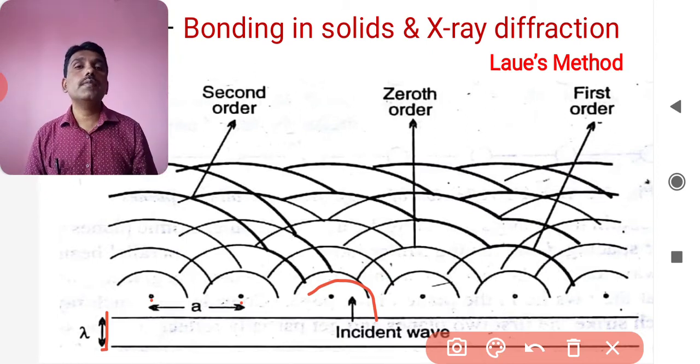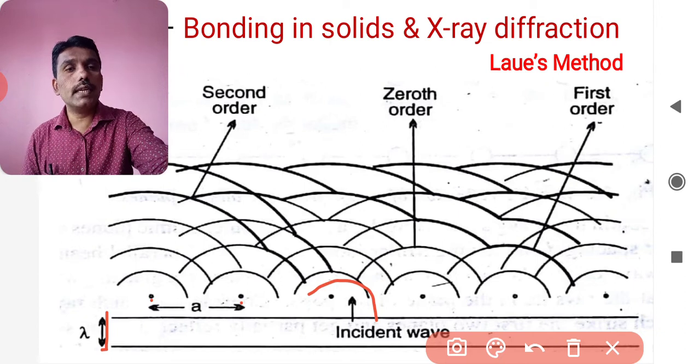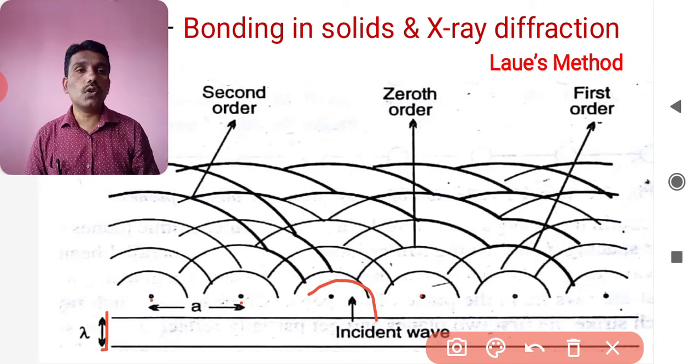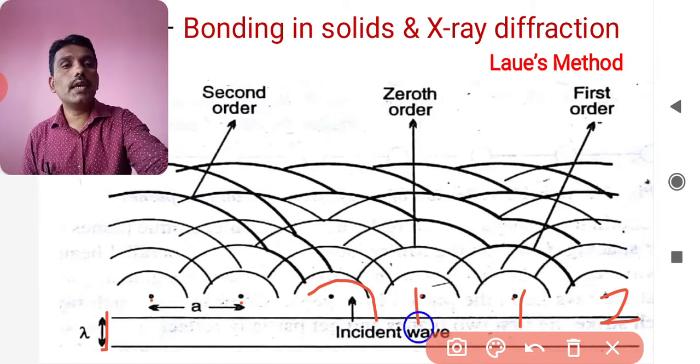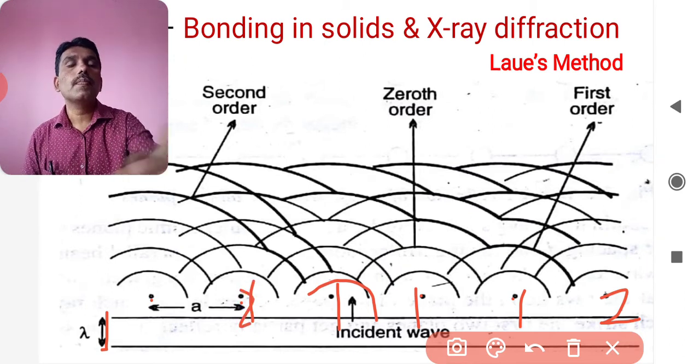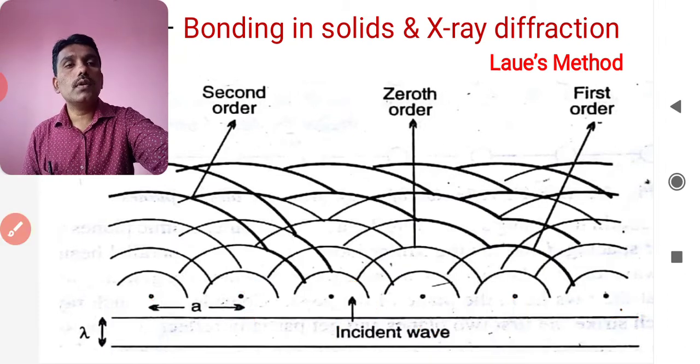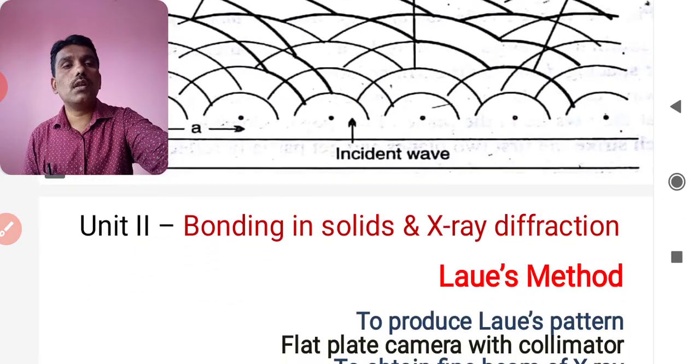That reinforcement means nothing but the Laue pattern is there, and it is not in one direction or the perpendicular direction, and due to that we will see the different zeroth order, first order, or second order, definitely, which is exactly at the center, which we call the zeroth order. The first one on the right-hand side will be the first order, this one will be the second order. In the same way, on the left this is zeroth, this one will be the first, and this one will be the second order. And this is what the Laue pattern is, this is what the Laue method is, to understand this X-ray diffraction pattern or the Laue pattern.